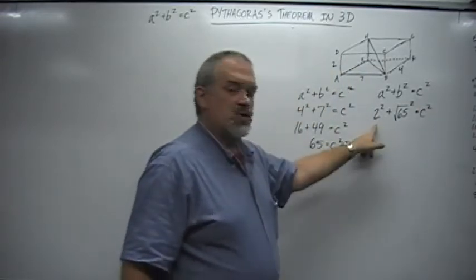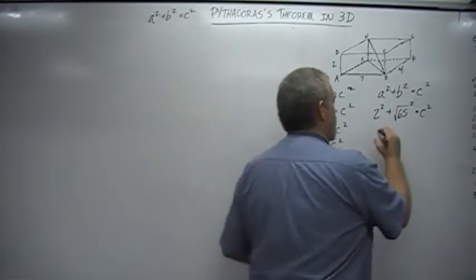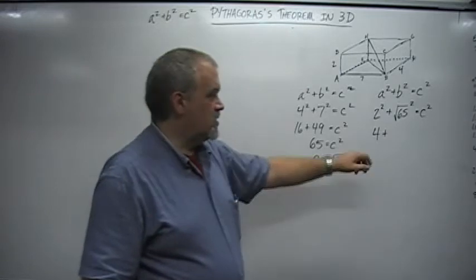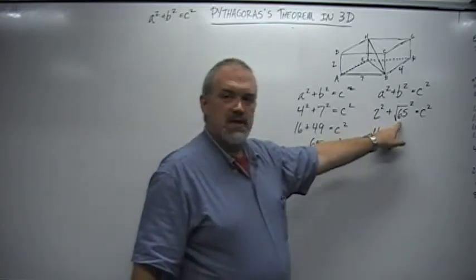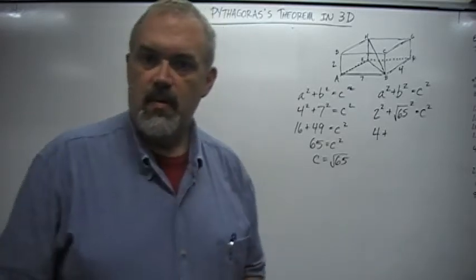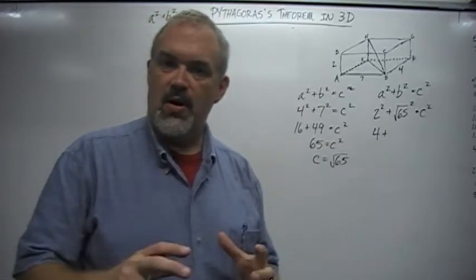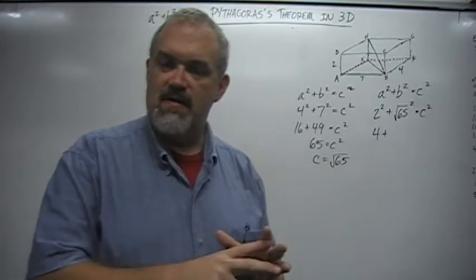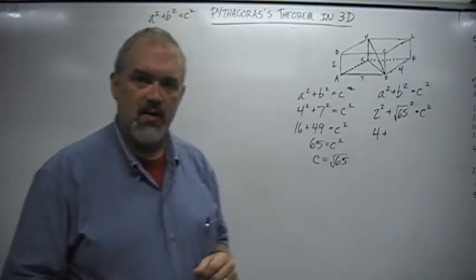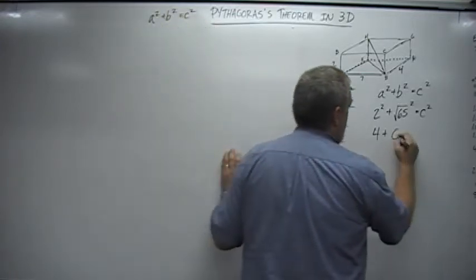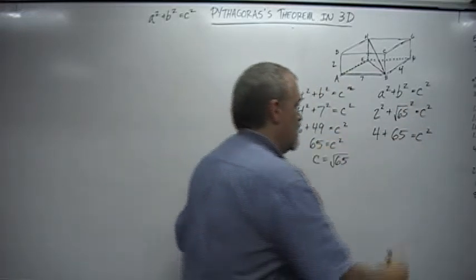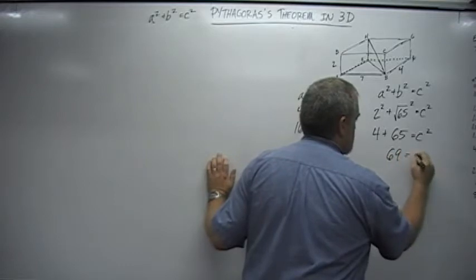Now, 2 squared is 4. Now a little revision here, see if you remember your squaring processes. The square root of 65 squared is 65, because the square root of 65 is the number that when multiplied by itself gives you 65. So we're going to take that number and multiply it by itself. What do we get? We get 65. 4 plus 65 equals c squared. We add our 2 numbers together. 69 equals c squared,